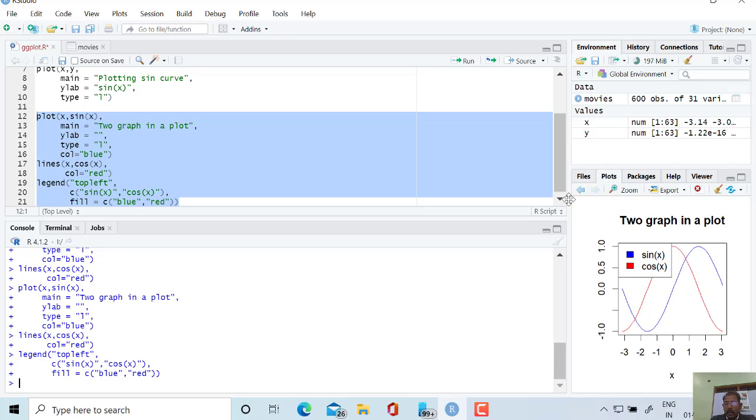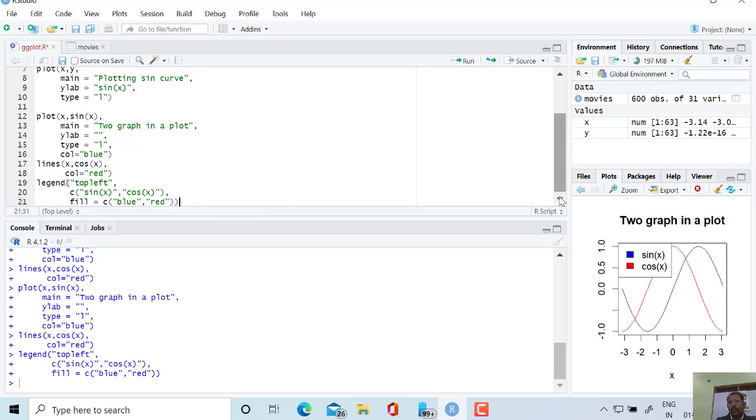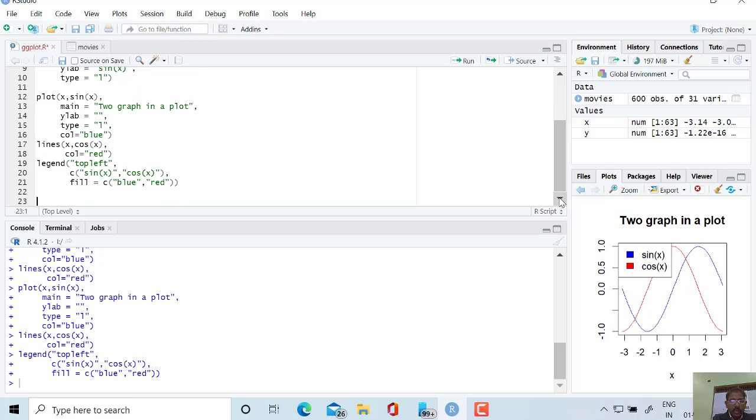Okay. Till now we have not used the ggplot library function. We are just using the simple plotting function. Now I am going to use the ggplot2 function. So first of all, I will explain what ggplot is about and who has created ggplot2.